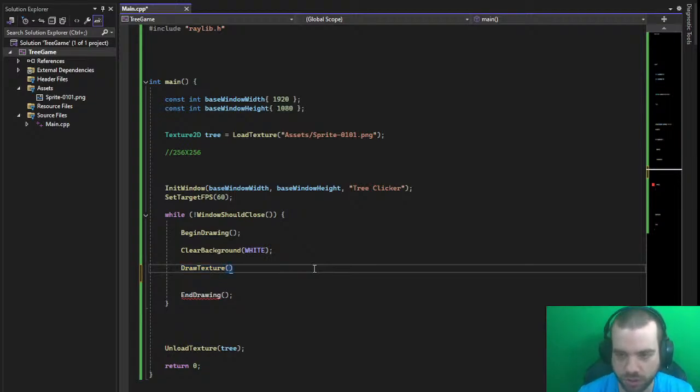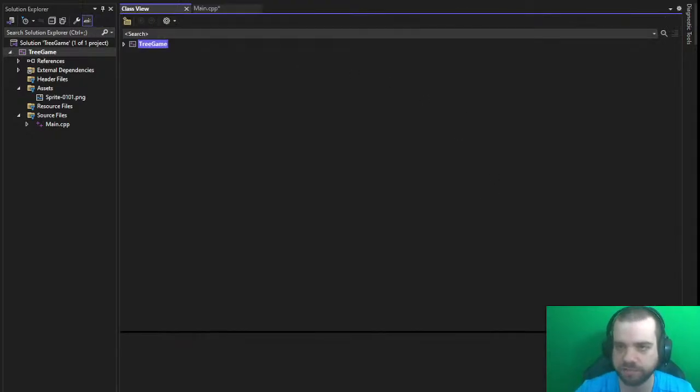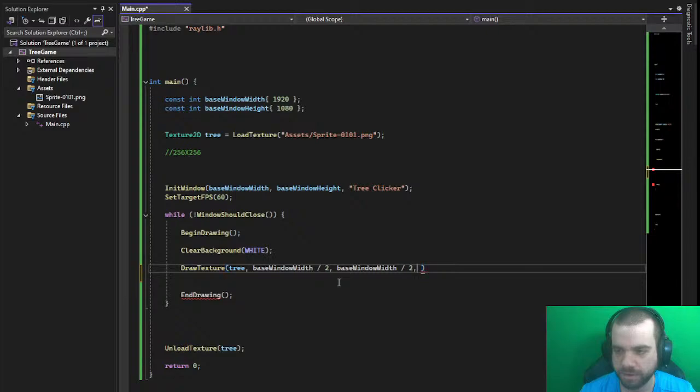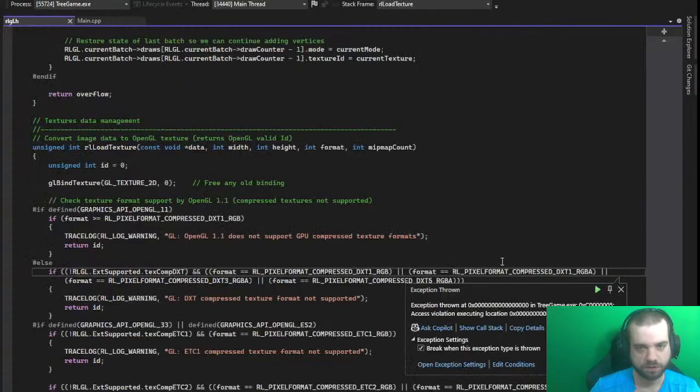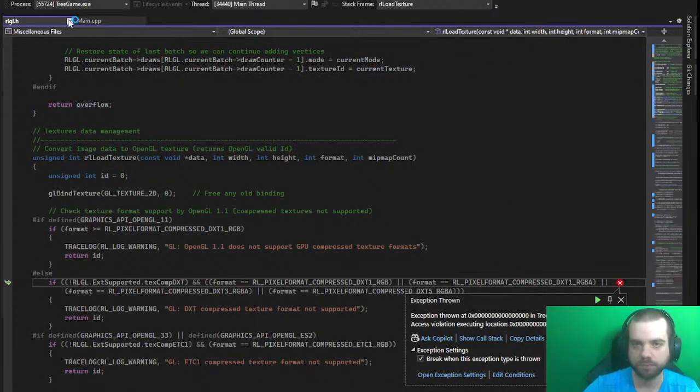So draw texture. The texture itself is tree. The position is going to be base window width divided by 2, and we're going to take base window height divided by 2. And then tint, we're going to draw WHITE, all capitals. That's no tint at all. If we want to tint it any color, then we just